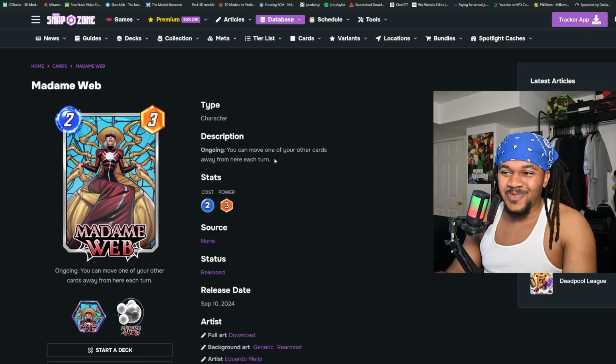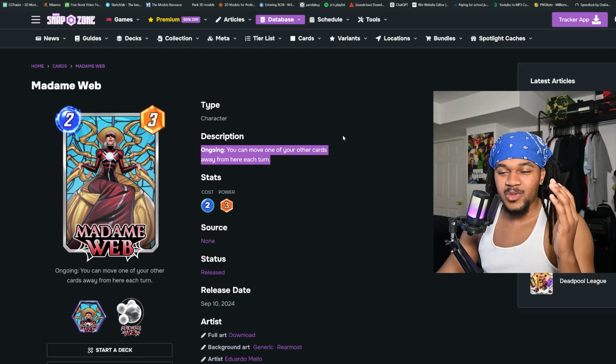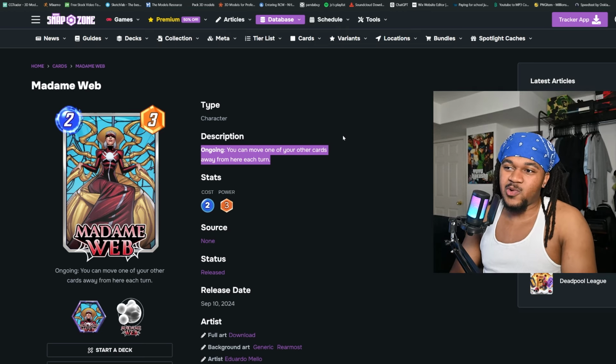So 2 costs 3 power, ongoing. You can move one of your other cards away from here each turn. Okay? Move, y'all. The move decks are going to be very strong. Now, I feel like obviously Phoenix Force is pretty decent already right now, but just your general move deck